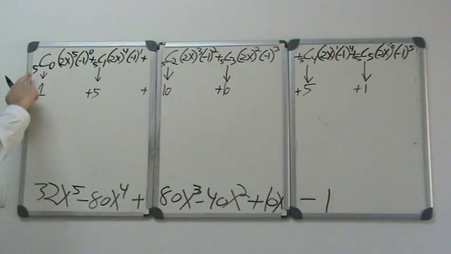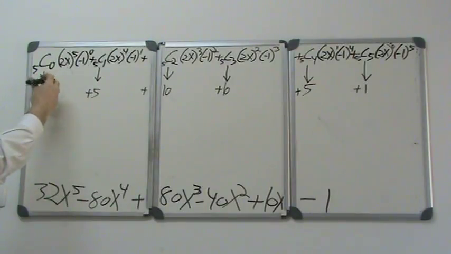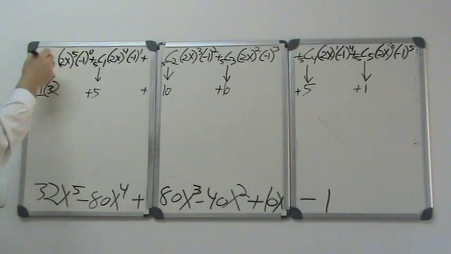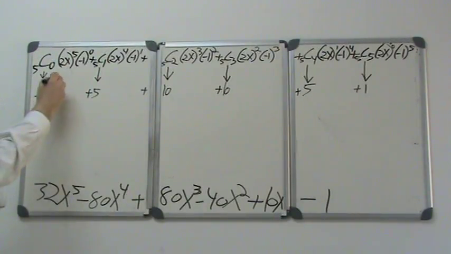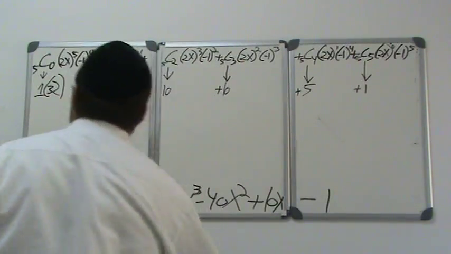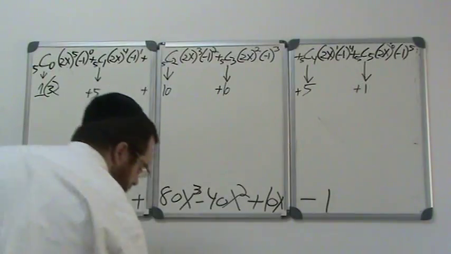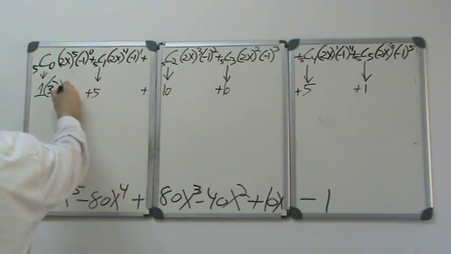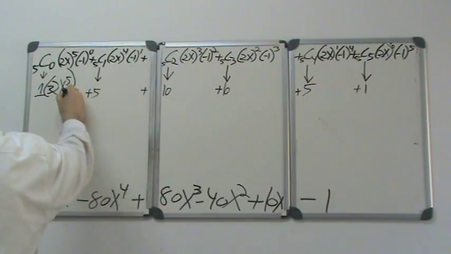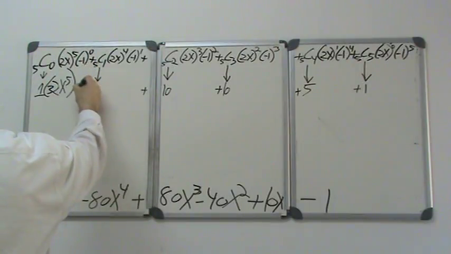Let's work that out. 5 combination 0 is 1. 2x to the fifth power, 2 to the fifth power is 32, and x to the fifth power is x to the fifth power. So it's 32 times x to the fifth power and times negative 1